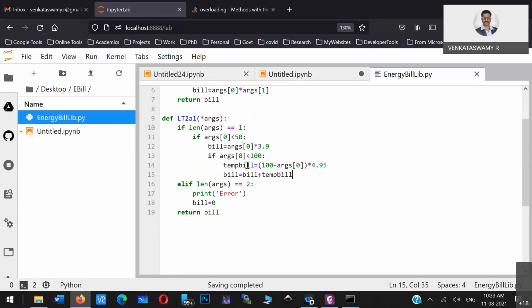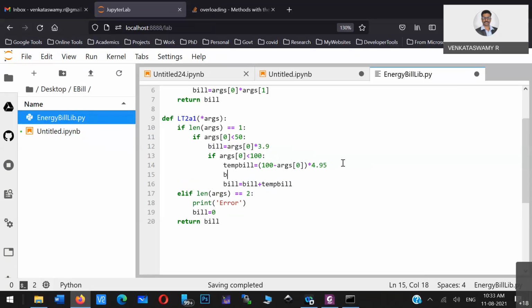So this bill is not taking from the previous scope. Here I have calculated, but it has to take from the previous. Okay, fine.